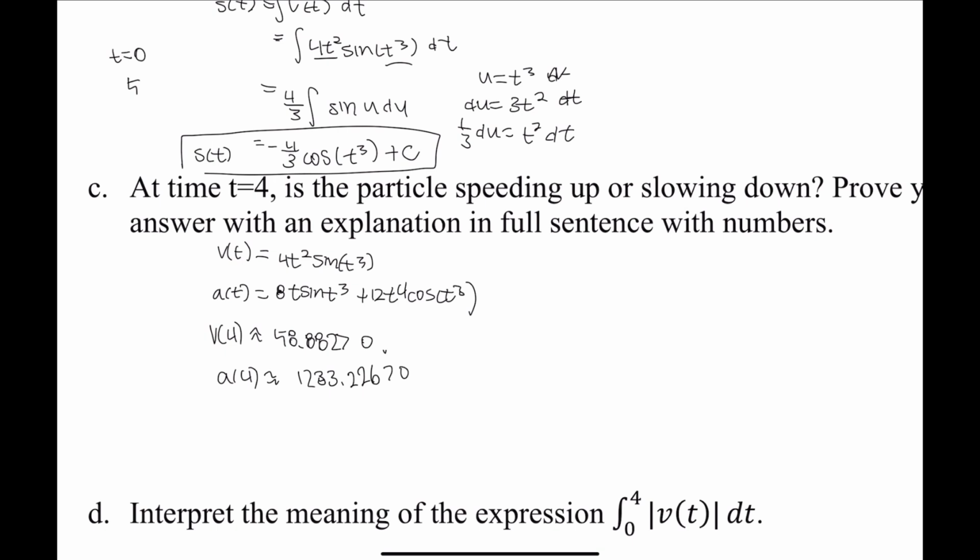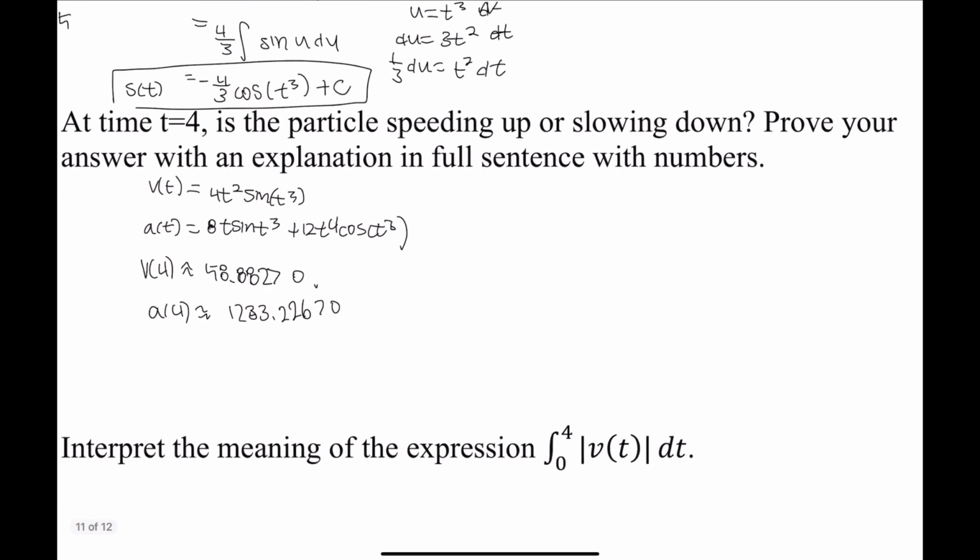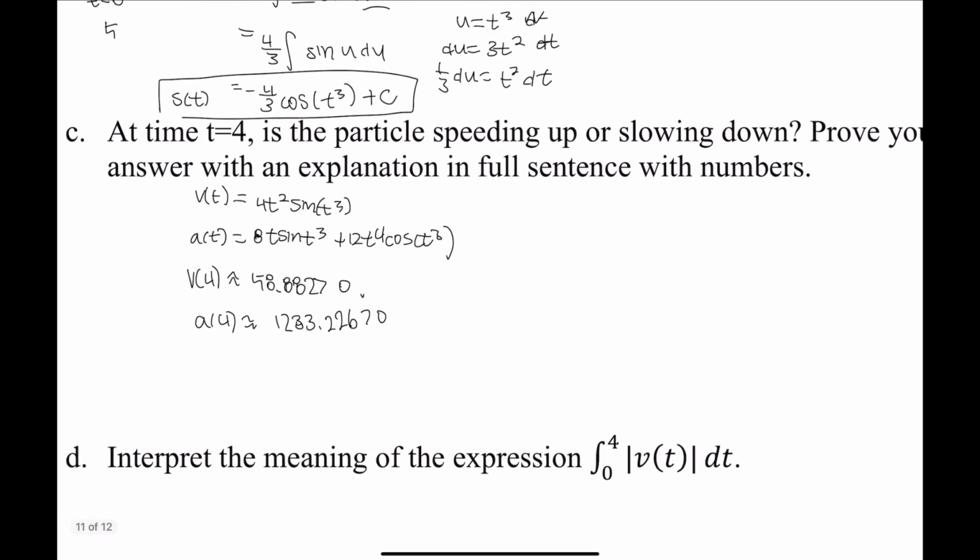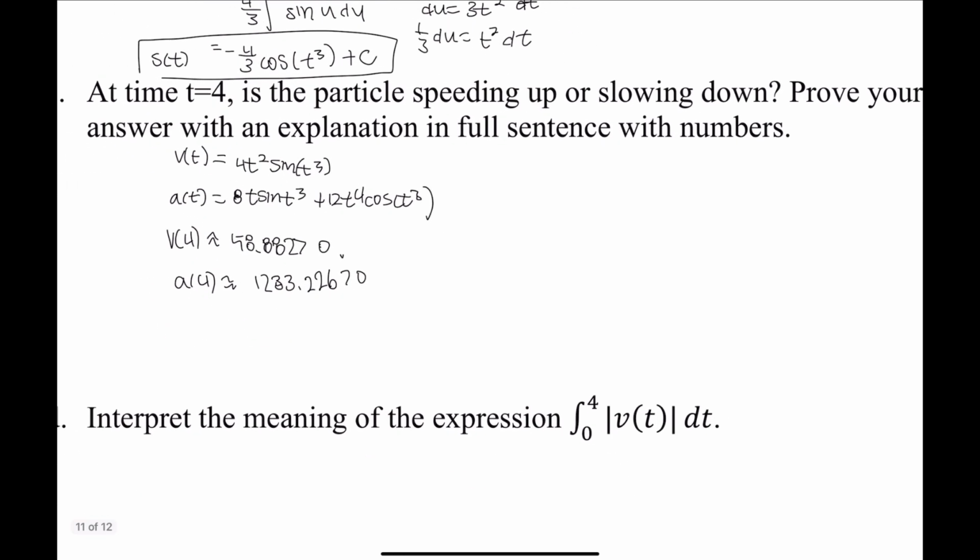So you can see that the acceleration and velocity are both in the same direction. They're in the positive direction, or they're positive, so they're in the same direction. So that means that this particle is speeding up. Okay, so for our explanation, we're going to say at t equals 4, both